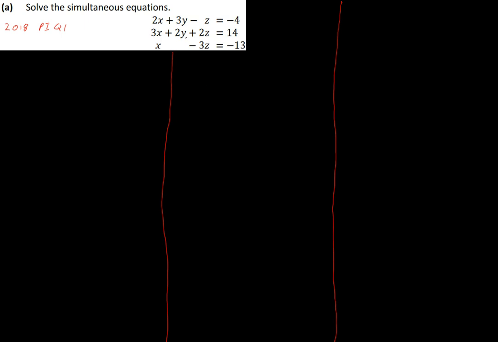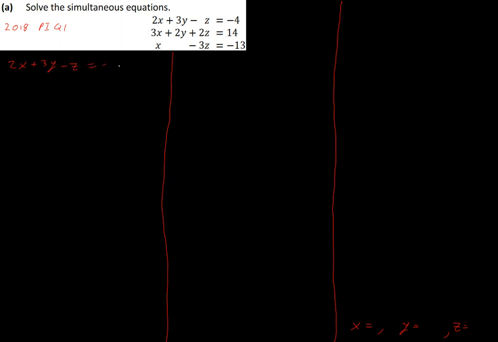So we are going to look at this, and I know that I'm going to want an x, a y and a z as my final answer. So x, y, z for final answers. So I write that down so I don't forget. And there's no other restrictions, so let's jump into it. I'm going to write these down carefully,